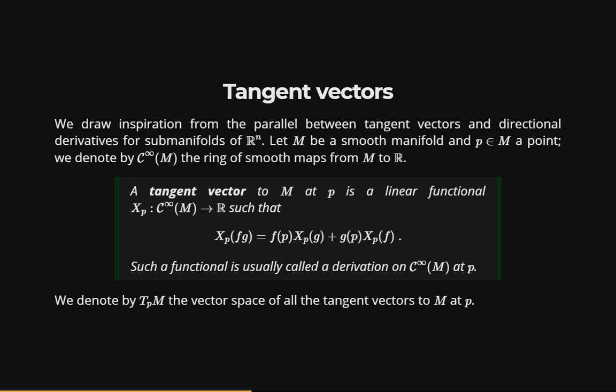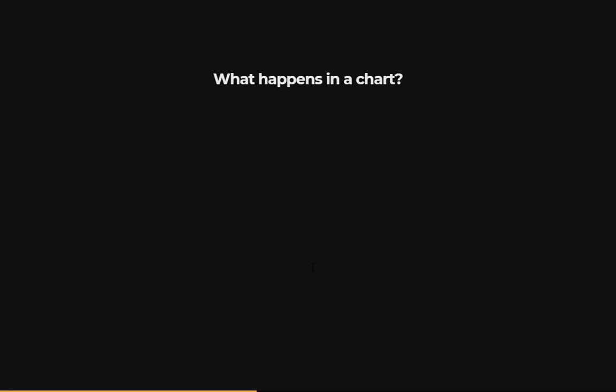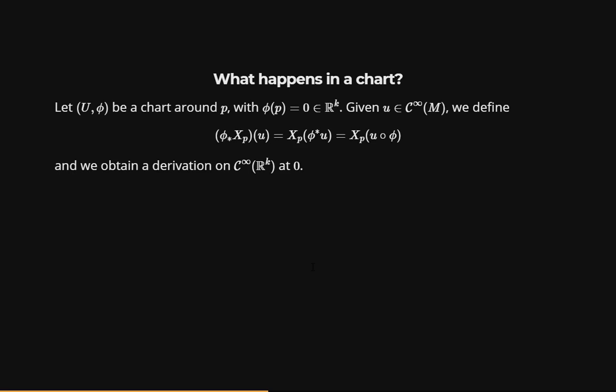Now, to understand a bit, or maybe to deepen your confusion, what happens in a chart? We take a chart around p, such that p goes to the origin of R^k, and we take a C infinity function on the manifold. By definition, if you remember two slides before, being C infinity from the manifold to R means that once you look at things in coordinates on a chart, you get a usual C infinity function from your open set in R^k to R. So if we take this composition,